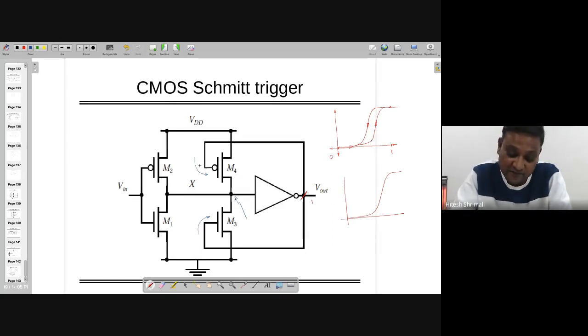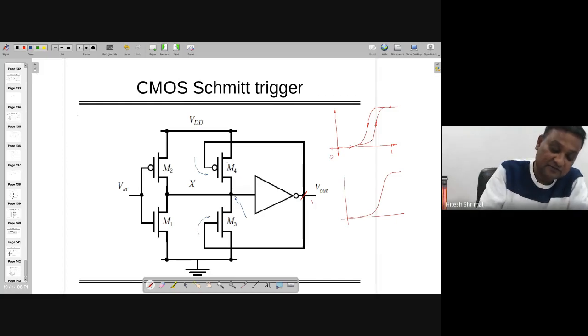What I mean to say is, if M1 and M2 are minimum size, or you can say the regular sizes which you are using, like 130 nanometer L and maybe 100 or 200 nanometer of width in M1 and M2, same for this one. But if I am making these transistors a little bit stronger or weaker, in such a way that